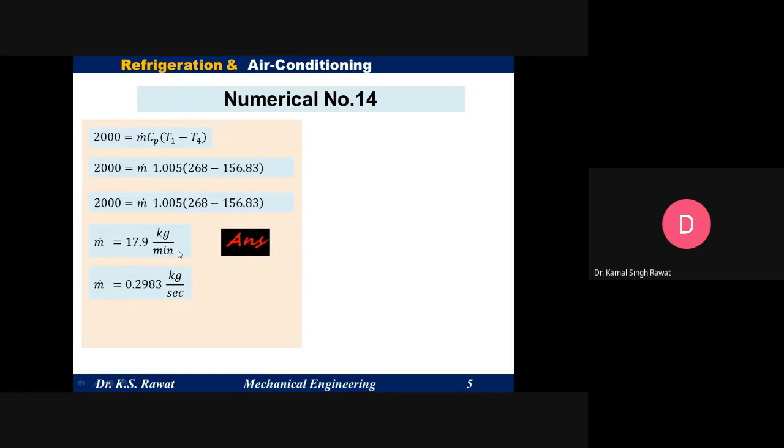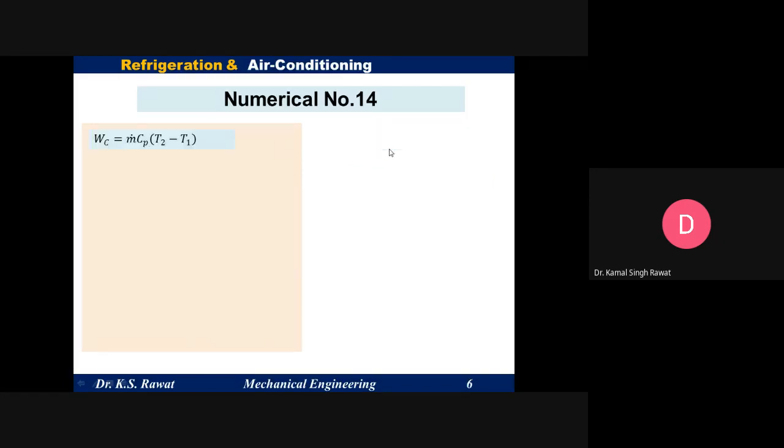Okay. So we have done our first part. Now in the second part, the examiner asked to calculate the compressor work, expander work, and net work. So now we are going to deal with that. To calculate the work in the turbine or expander, we will use this formula m dot Cp (T3 minus T4), and to calculate the compression work, we will use this formula m dot Cp (T2 minus T1). So we already have the value of mass flow rate, the value of Cp, and all four temperatures.